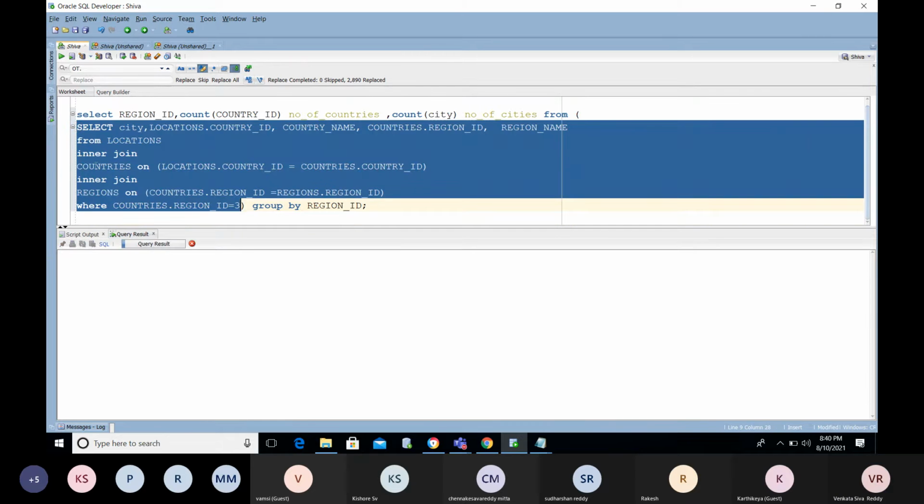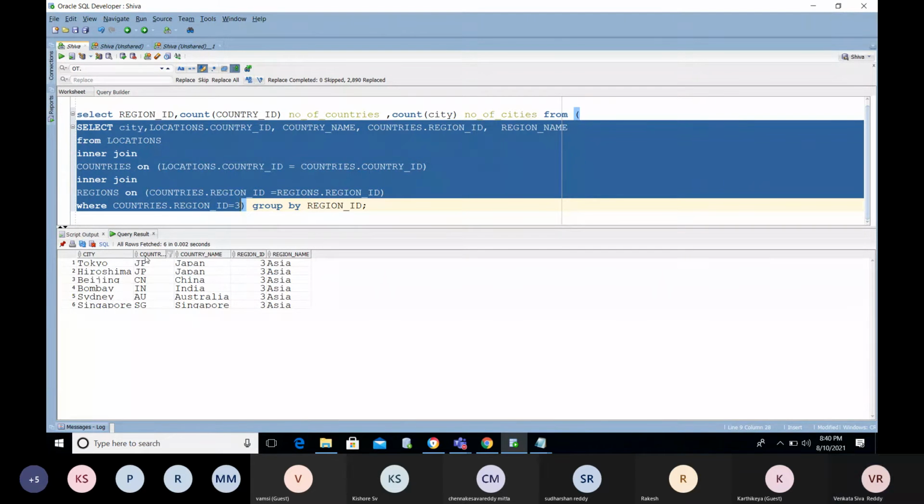Yes, ma'am. See the data here. How many countries we have here? 5 countries. Japan has a duplicate here. If you go country wise, you have only 5 countries here. If you go city wise, you will get 6.